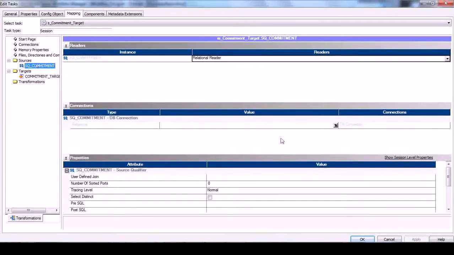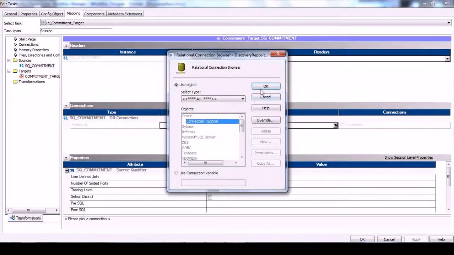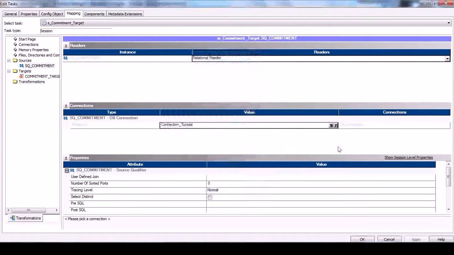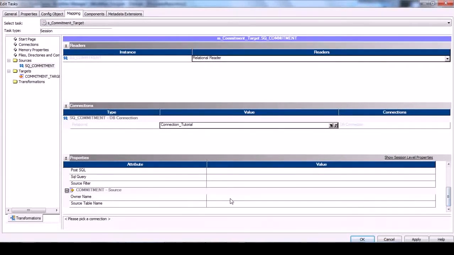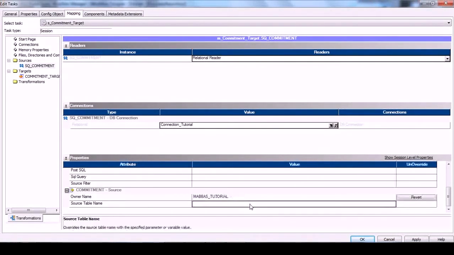So first we move on to the source. Here we need to give the connection. So we will select the same connection which we just created, connection underscore tutorial. There is nothing more. Owner name we can give, and the source table name is commitment, right?